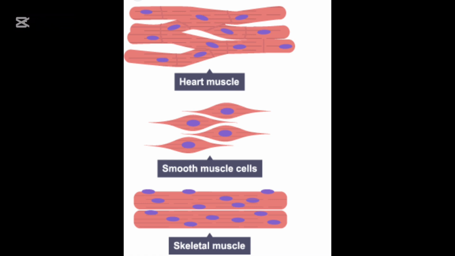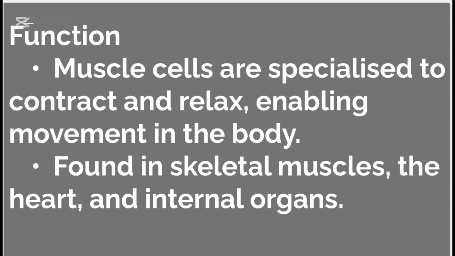In addition, here is the structure of the types of muscle cells. You can see the heart muscle cells are present there, the smooth muscle cells, and the skeletal muscle cells. I haven't talked about that. Now, you should also know that muscle cells are specialized to contract and relax, enabling movement in the body. They are found in the skeletal muscles, the heart, and the internal organs. So take note of that. Now let's talk about the